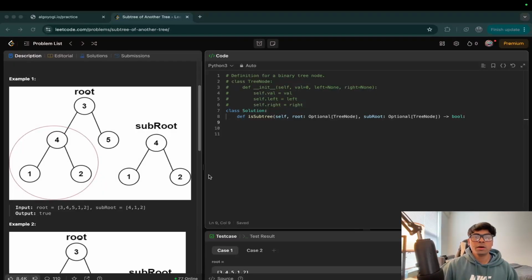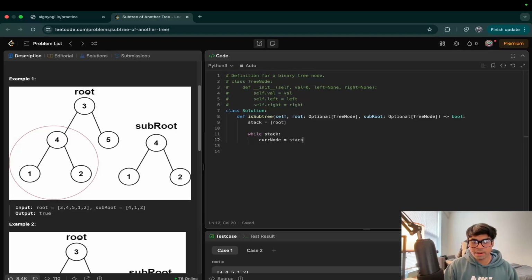isSameTree. Okay, so let's implement the solution, and for a change, let's do the iterative solution this time. We have been doing the recursive solution for a while, but once in a while we should know that all these problems can be solved using an iterative approach as well. So we're going to have a stack containing root, and while the stack is not empty, I will take out the current node, pop it out of the stack, and if current node